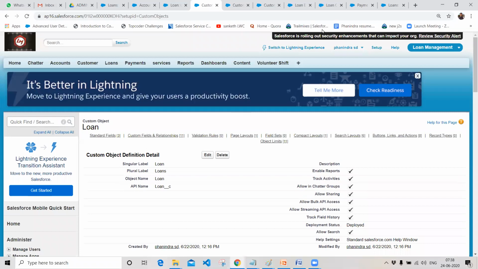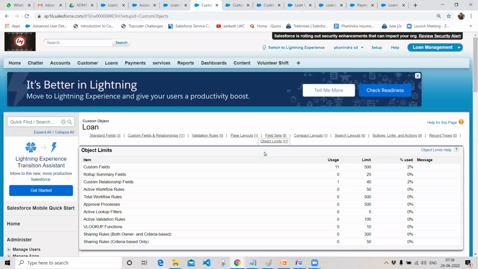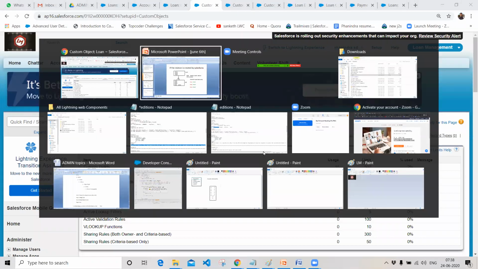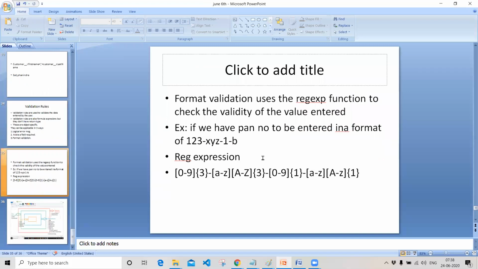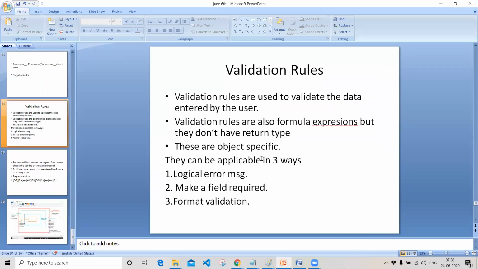And we have one more concept in Salesforce called validation rules, which is similar to formula rules. So what will these validation rules actually do in your organization? Validation rules will check whether the given statement is right or wrong, and they will throw an error message. Why are validation rules really helpful in your organization?